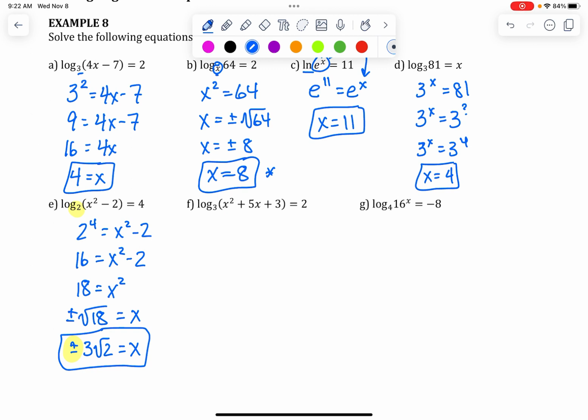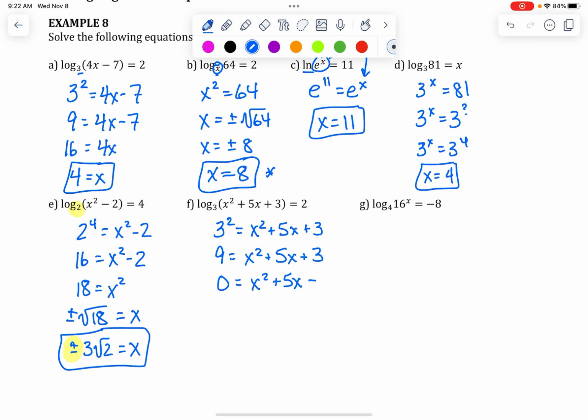All right, f, 3 squared equals this quadratic. This looks like we'll have to factor it based on how it's written. 3 squared is 9. And now we just use good old quadratic techniques. Set it equal to 0, and you'll have to factor. 3 minus 9 is 6, -6. And you get what? X minus 1, x plus 6, and set that equal to 0, x equals 1, and